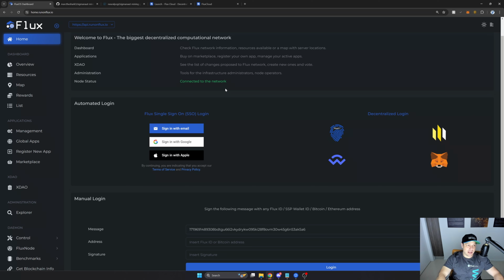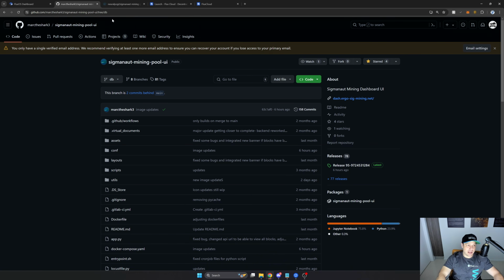Now, in terms of the application that I'm going to put on the Flux network, in this case, I'm going to make use of what Mark the Shark, and again, this is the Sigmanauts mining pool. And again, if you're an Ergo miner, I would definitely encourage you guys to go and have a look at the Sigmanauts mining pool. It's run by the community, so it's not some sort of corporation that's running 15 mining